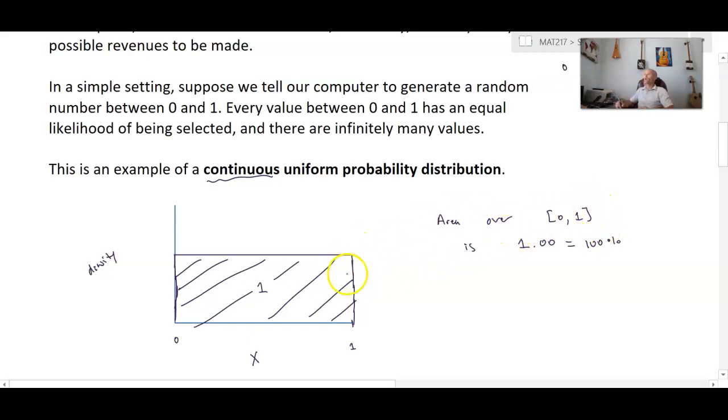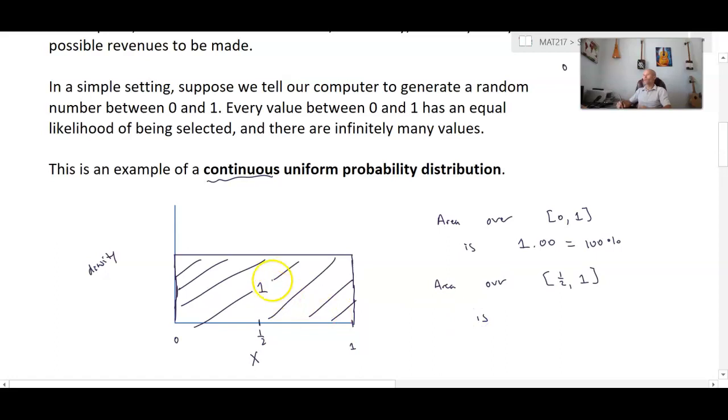But what this also enables me to do is, for example, to find the area between two other points, like the area over, we'll say, the interval from 1/2 to 1. Well, you can probably think about this intuitively enough to say, well, that's from 1/2 to 1, that's going to be half of the area, and so the other half of the area would be from 0 to 1/2,